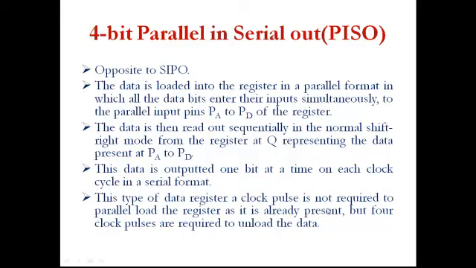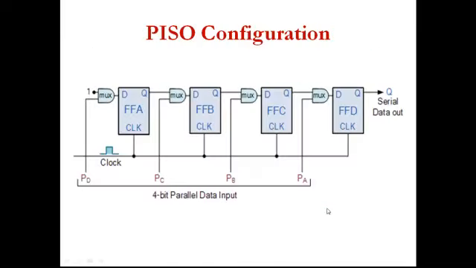Next, parallel input serial output. Parallel input serial output is the opposite of the serial input parallel output. Here we are loading the input in parallel at a time, but we are taking the output one by one only. Okay, that is the difference. This is an example of the parallel input and serial output combination. You see here we are introducing a multiplexer also. This multiplexer we are introducing because at a time we are loading, no?